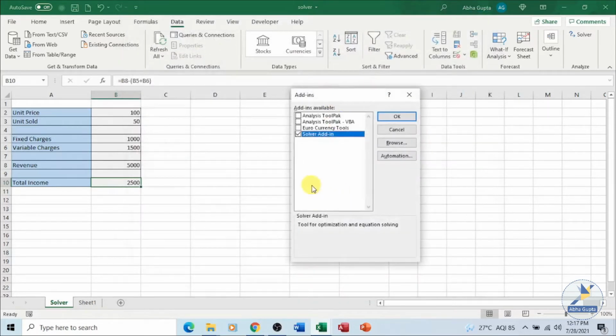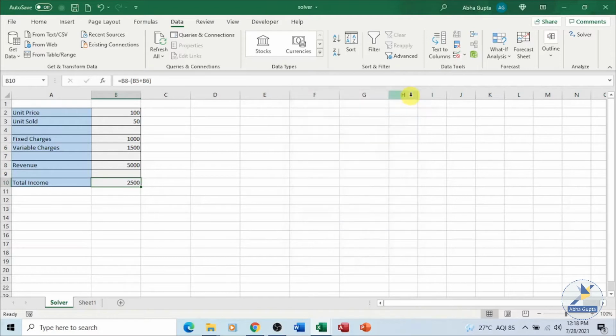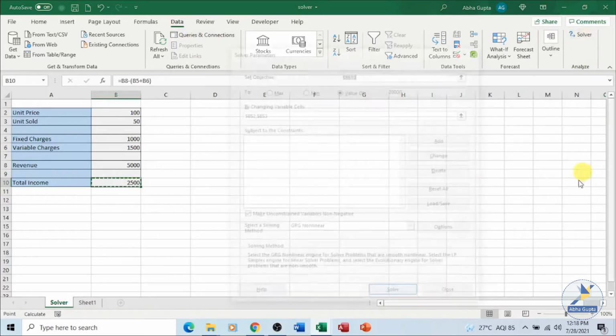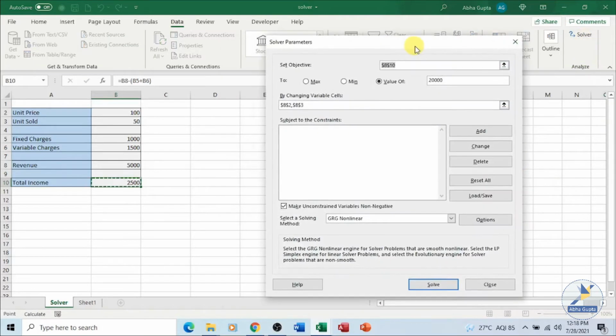Now a small Add-ins dialog box will open. Just click on the checkbox Solver Add-in and click on OK. It will be placed on the ribbon under your Data tab. I'm closing it because I already have Solver in place. So in your Data tab, in your Analyze group, we'll click Solver and open the Solver dialog box.